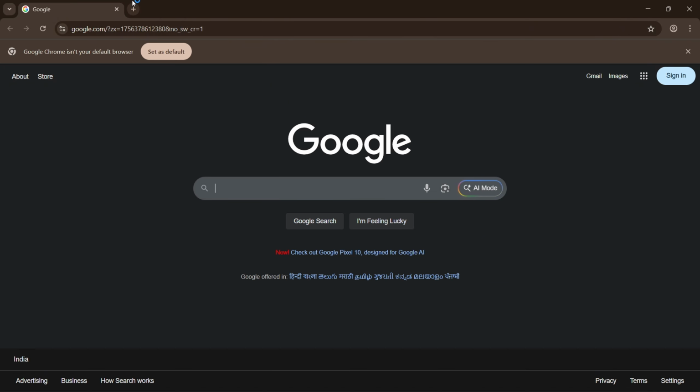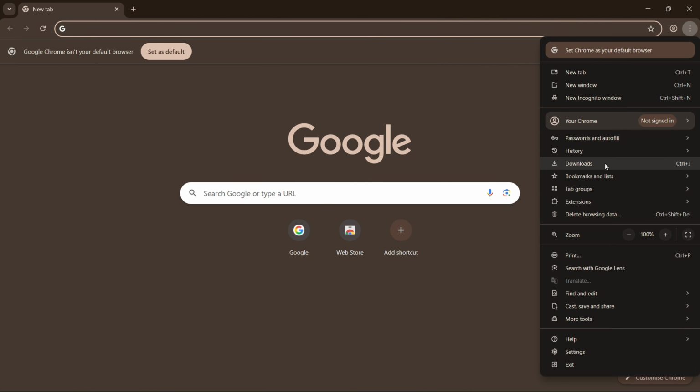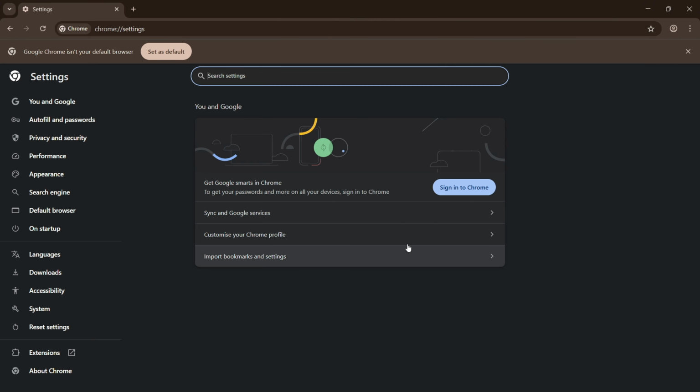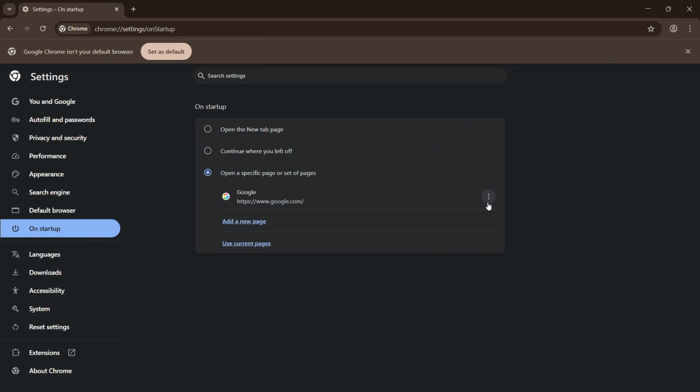Here go on the new tab, press on the three dots on the right side and here go on settings. Here on the left options you can see on startup, click on it and here I already added it so I